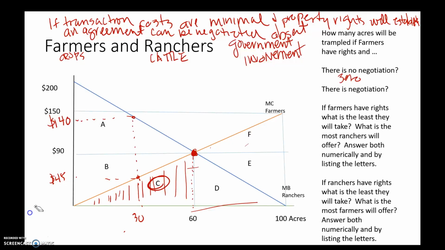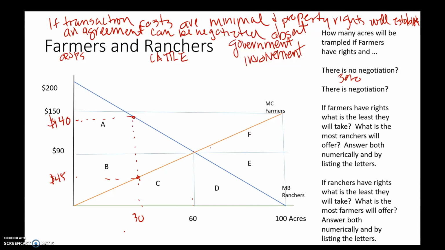And you know the Coase theorem. It says that if transaction costs are minimal and property rights well established, an agreement can be negotiated absent government involvement. The actual Coase theorem doesn't say minimal, it says 0. But minimal is difficult, 0 is impossible. And one of the earliest Coase theorem examples